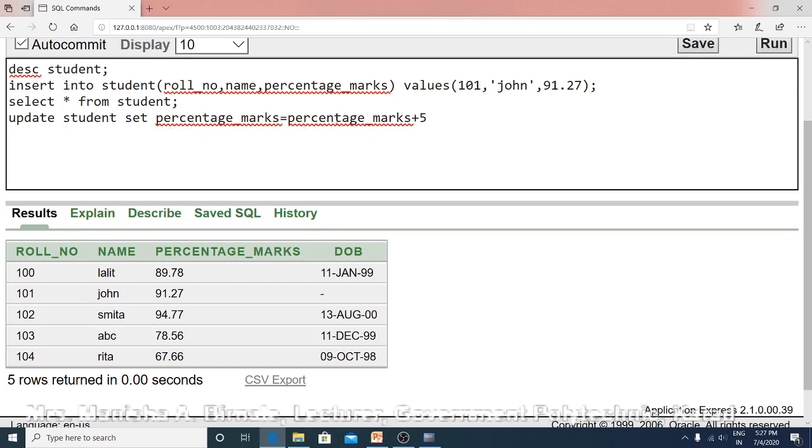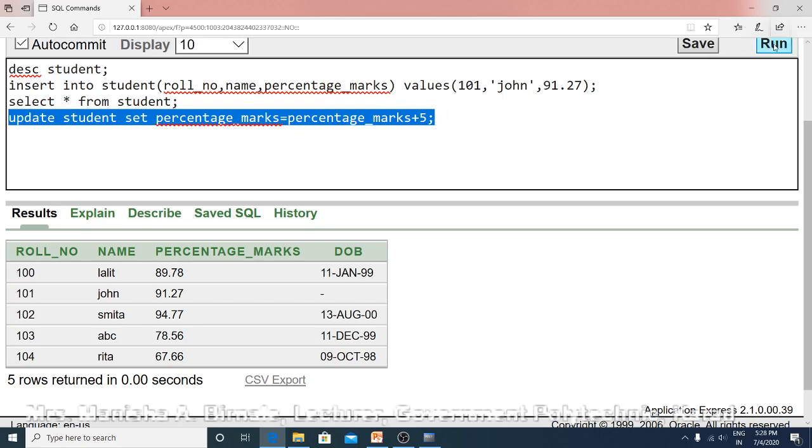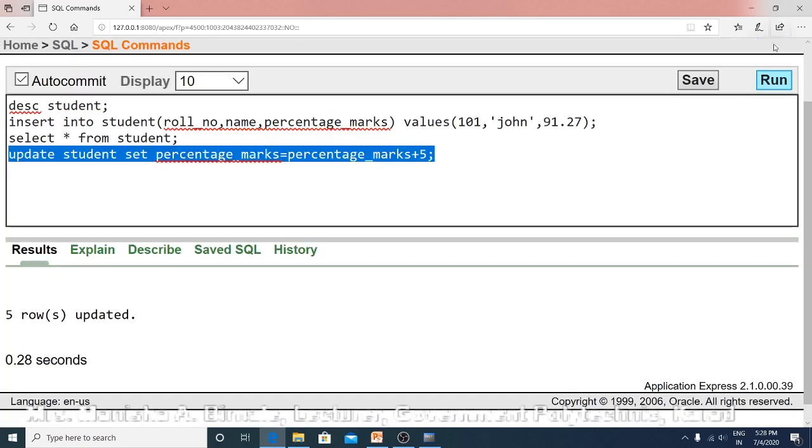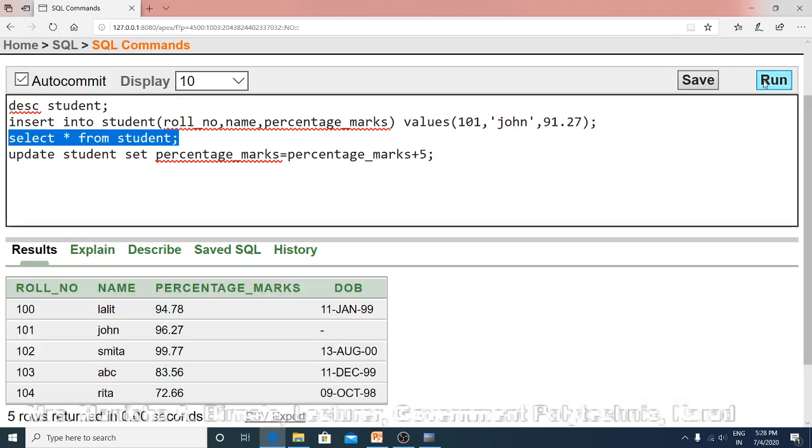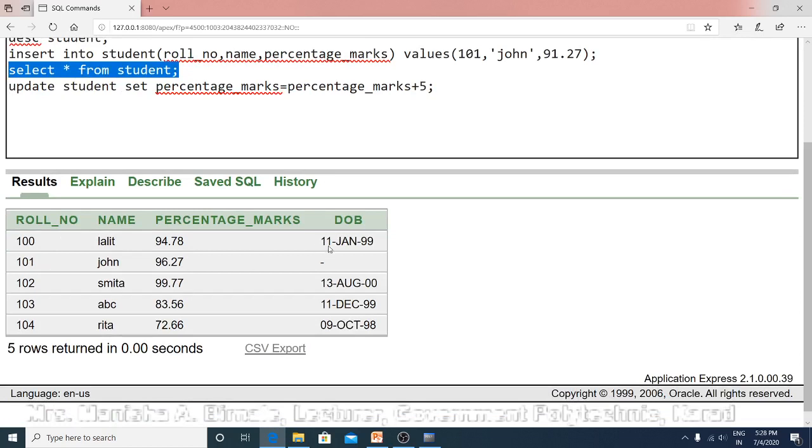Command is terminated by semicolon. Five rows are updated. You can see it using select command. So here you can see that marks of all students are increased by 5%.